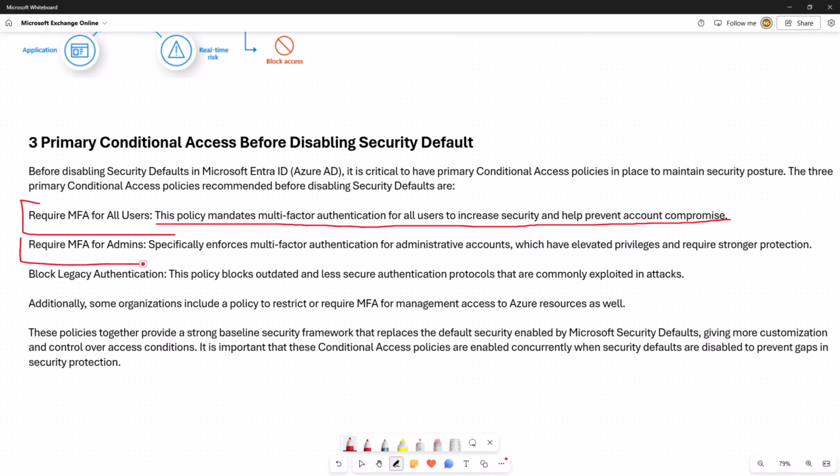The second is require multi-factor authentication for admins. Now, why do we need this? Because when we create the policy for all users, we can create an exclusion. But for admins, we do not want any exclusion. Suppose everybody is using multi-factor authentication, and you exclude one account from the conditional access.